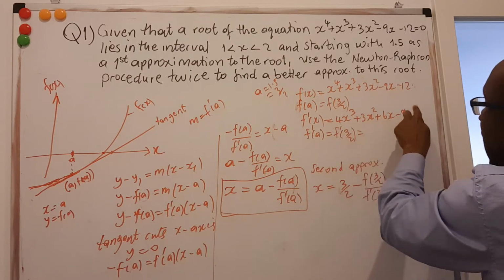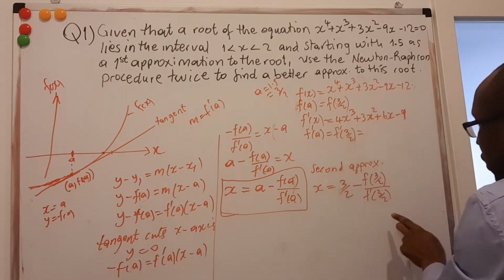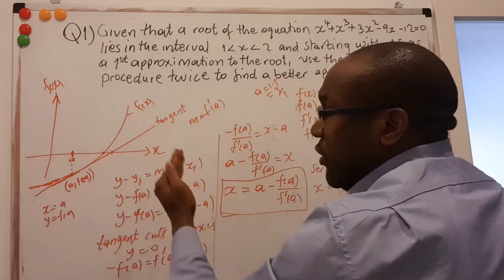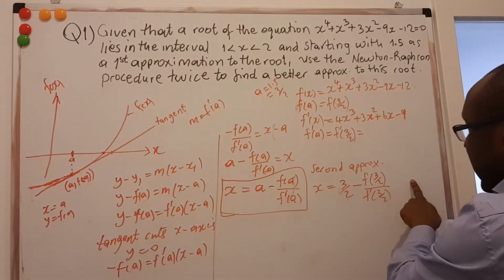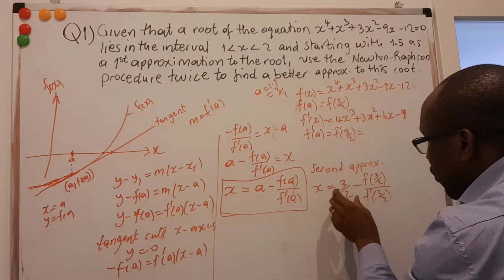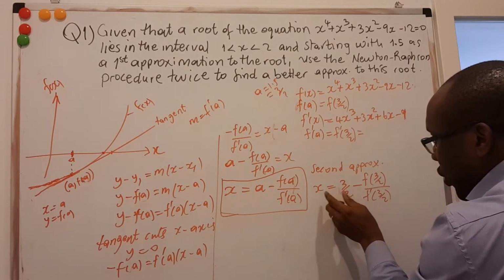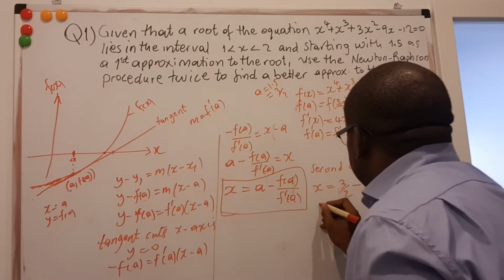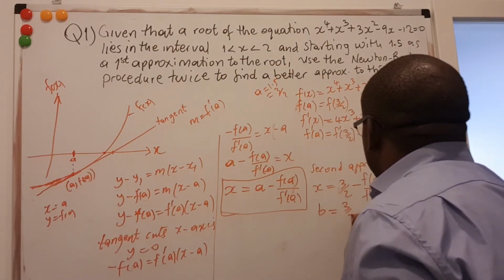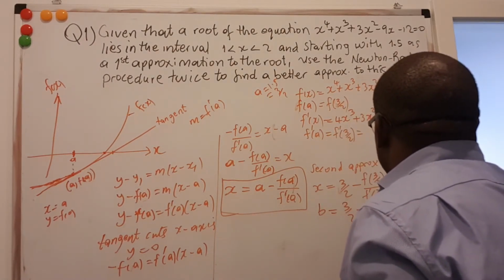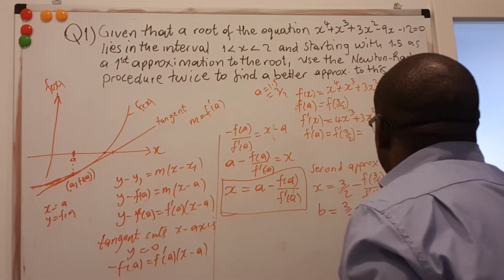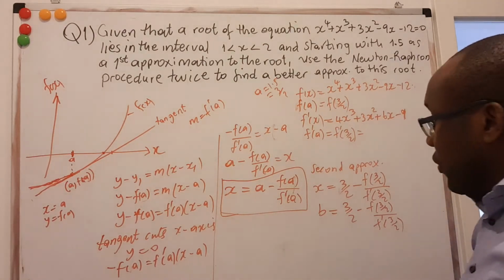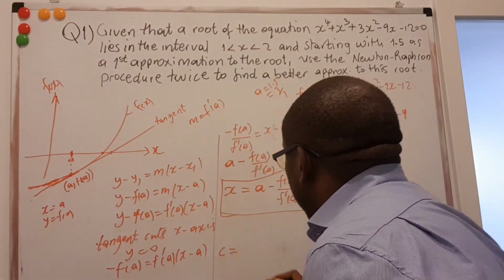You do the same thing here. You put 3 on 2 into this one, you get it, and you feel that you're going to get something that indicates that it's going closer to the root. So you get a new number, and that new one is a better approximation than the 3 on 2. So you get something x, which is better than this. If you call that b, for example, that is 3 on 2 minus f of 3 on 2 all over f prime of 3 on 2, then the next approximation that I can call c would be equal to,